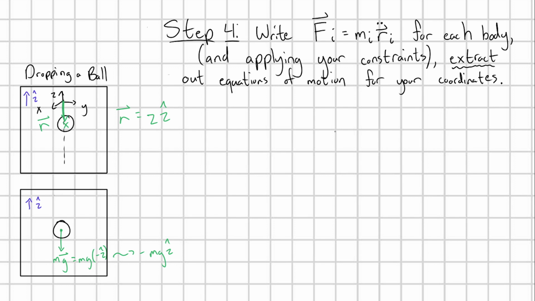And then for step 4, we're going to write out Newton's second law. Fi equals mi times the acceleration ri double dot for each body. And then we're going to apply our necessary constraints, and from Newton's second law, we're going to extract out equations of motion for our coordinate. So for this dropping a ball example,